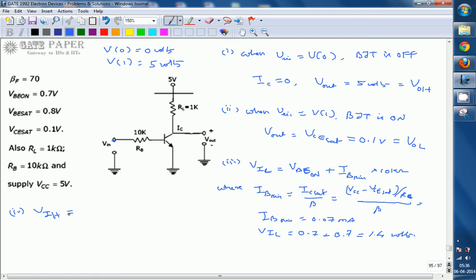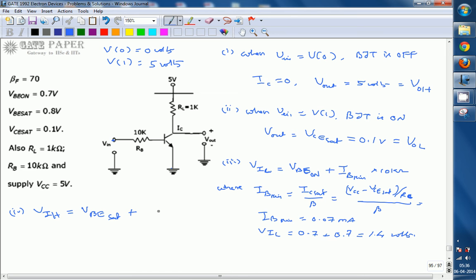Minimum acceptable input voltage is nothing but if you apply this much voltage as input, at that time the transistor should come into on condition. Okay, the transistor should come into saturation. By that time it is the minimum input voltage to make the transistor come into on condition. On condition is nothing but here it is saturation. So this will be treated as VIH is equal to VBE saturation. Now we are writing VBE saturation, in the previous case we had written it as VBE on. In the previous case the transistor was coming into on condition, no need to come into saturation.